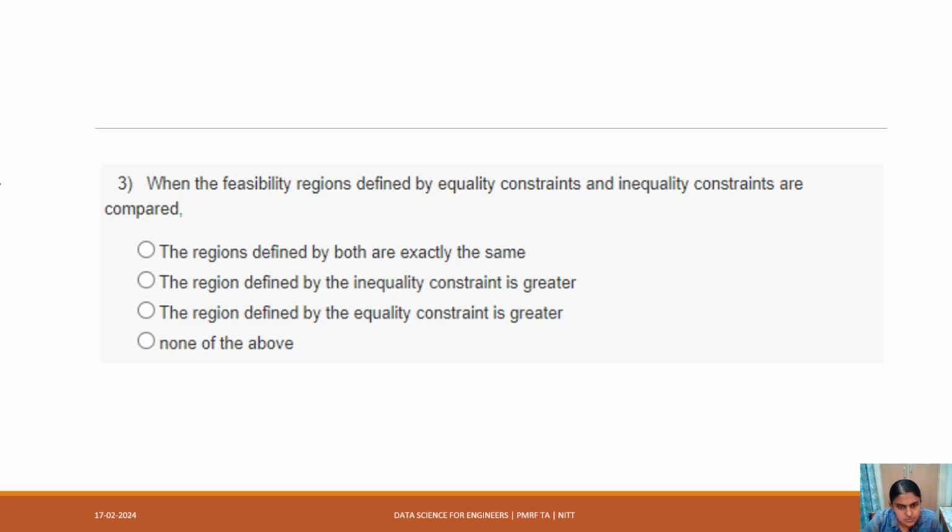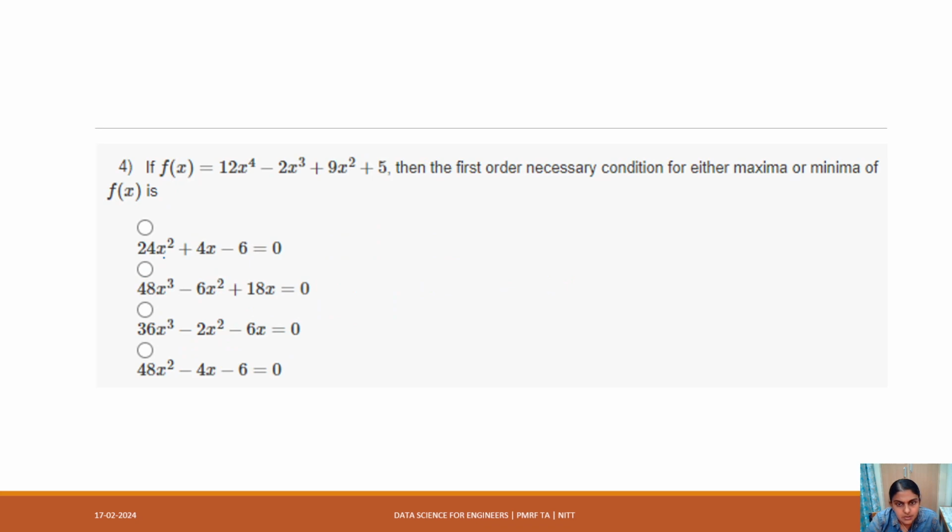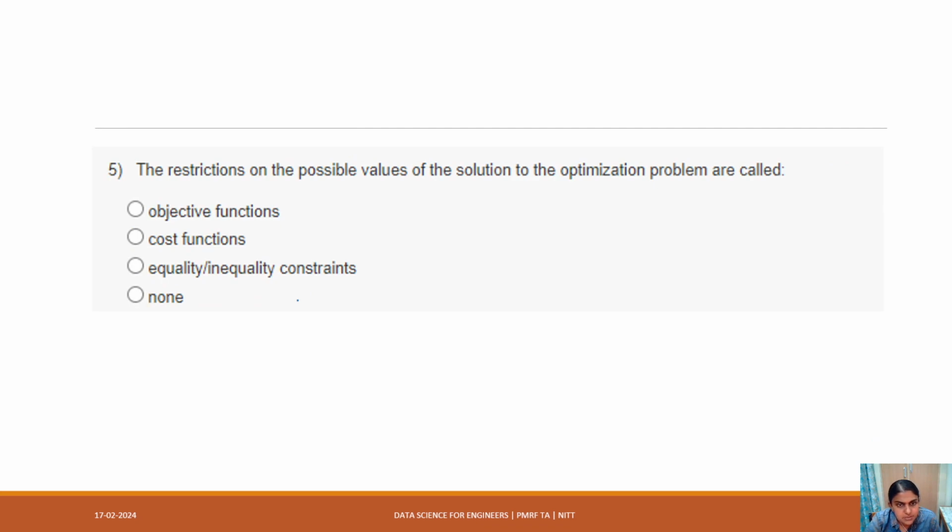Okay, so this one is a region given by the inequality constraint. This one I think you can solve yourself. The first order necessary condition will be 48x cubed minus 6x squared plus 18x equal to 0. Now the restrictions on the possible values of the solution to the optimization problem are called